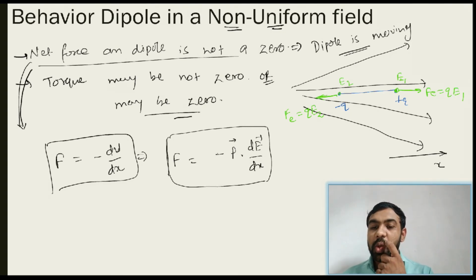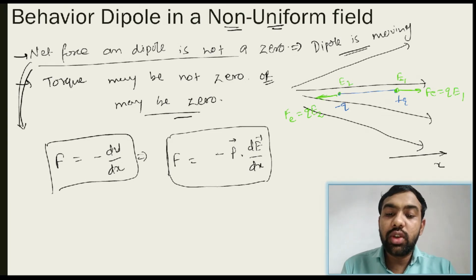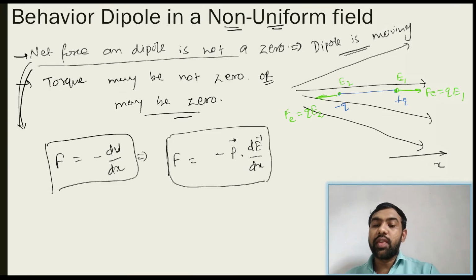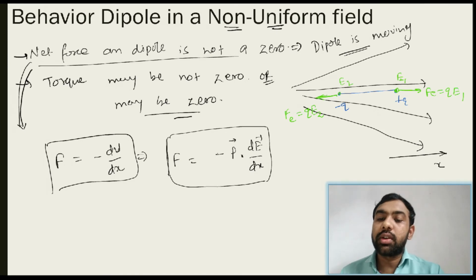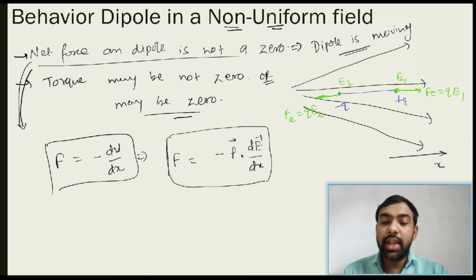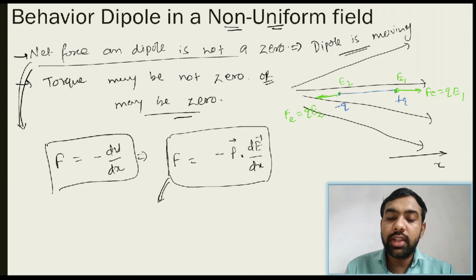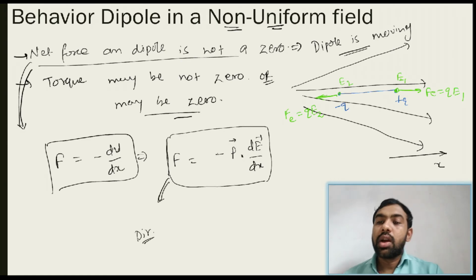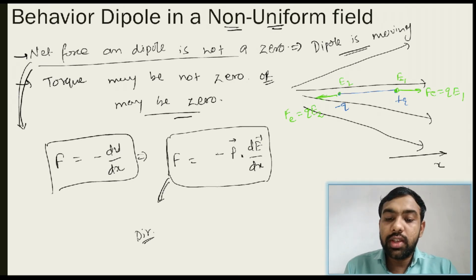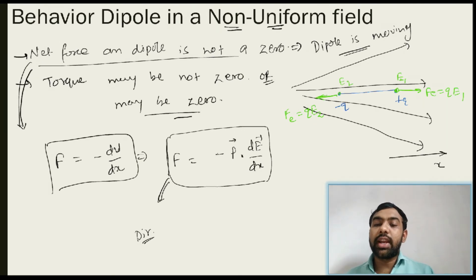आप ऐसे भी फाइंड कर सकते हो U की वैल्यू रख के. F is actually a vector quantity, but डॉट प्रोडक्ट तो आपको स्केलर क्वांटिटी देती है. सो आपको इसमें से मैग्नीट्यूड मिलेगा. डायरेक्शन कैसे फाइंड करनी है? How you get the direction? Wherever the stronger electric field is applied, this force is applied in that direction. Okay, so direction is just wherever you get the stronger electric field, and this is the direction of the force.